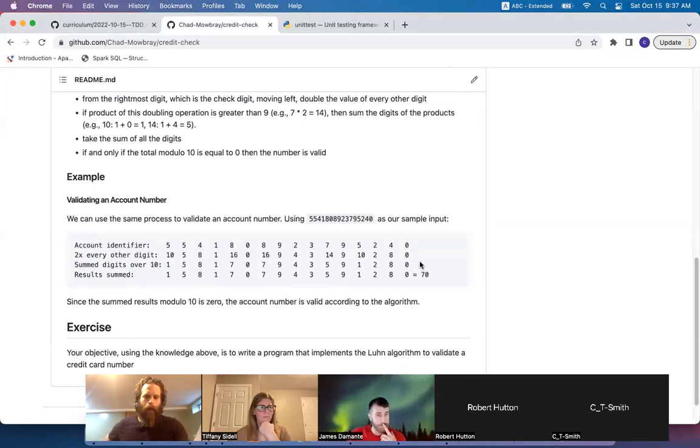It's just an algorithm. Looks like there are a few different stages here. So you times every other digit by 2, and then if it's over 10, you sum each digit within the number over 10. Yeah. So we're going to take this thing,